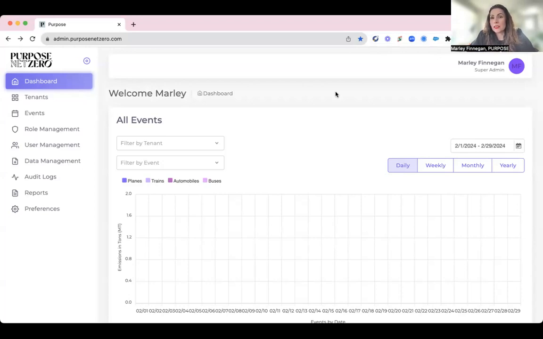So very exciting things happening, where it breaks down really everything that event professionals need to know around sustainability: what are event emissions, how to actively solve, and around the measurement, mitigation, and management of event-related emissions. So it's really exciting. But Purpose Net Zero was created to tackle the one largest event emissions impact that there